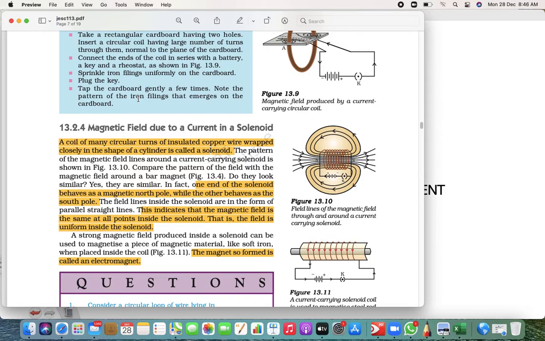But there are magnets which can be turned on and turned off. So it can be a magnet when we expect and it can be turned off when we don't want. That's a surprising part. But yes, it can be possible, right? And here is what we are going to learn, that is the solenoid. Now solenoid is quite a simple and easy thing.